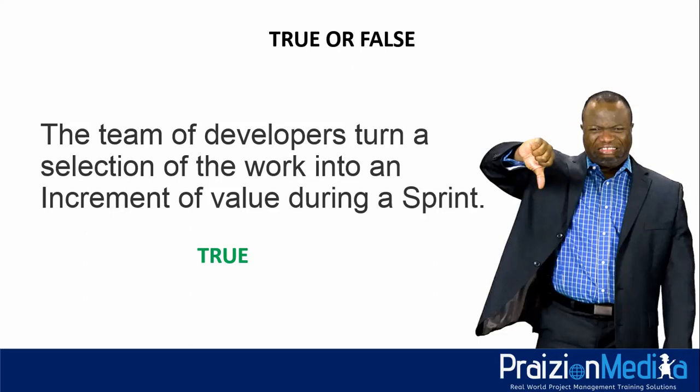So you could argue it if you wanted to go Puritan, but the bottom line is the developers take that chunk of work, they're doing the work, and they turn it into an increment of value during the sprint. They're doing the work, right? It's not the product owner, it's not the Scrum Master. But if you wanted to go Puritan, you could argue it. This is why you should know what is in the Scrum Guide, just so that you get your head straight. And when you see questions on the exam, you know what exactly it's talking about from any angle, and you could use that to further eliminate options. But anyway, straight true or false question.